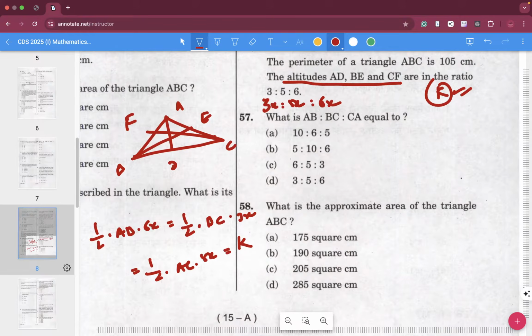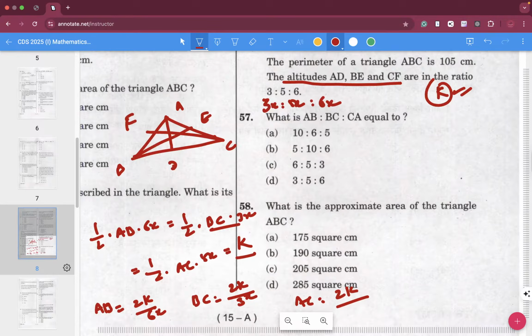In terms of k, AB will be 2k by 6x. BC will be 2k by 3x. Now AC value is 2k by